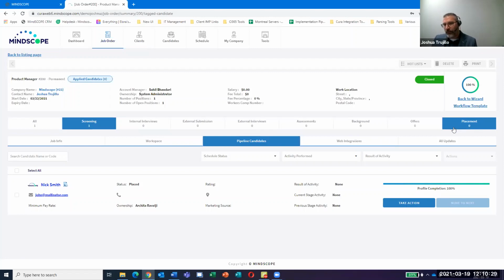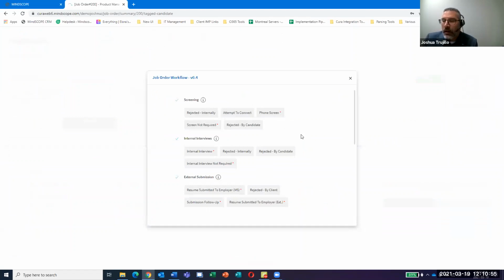You can build very specific workflows, whether it's for a line of business that you have, whether it's for perm versus temp. You can even create very client-specific workflows. And when you create the job order, you can select which workflow you want to work with. As you attach candidates to the job, we ensure that you move the candidate through that process. So if I look at this workflow,